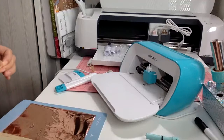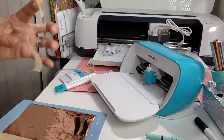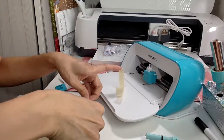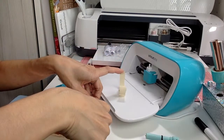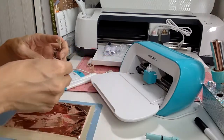I've been looking into buying one because I do like doing these. It's a lot of fun. And you can actually use the foil quill on other materials. So specifically, leather is nice to emboss onto. You can do,